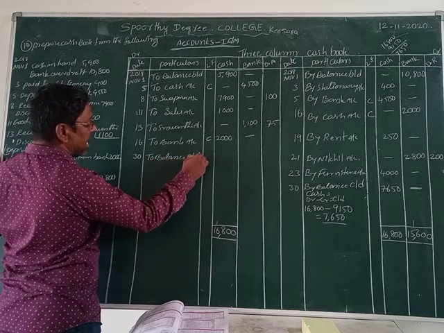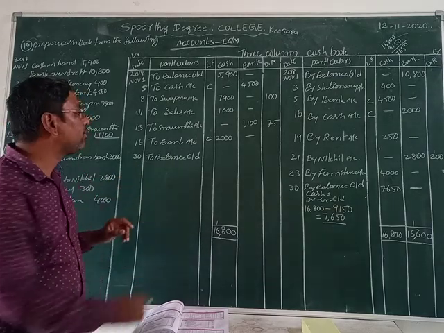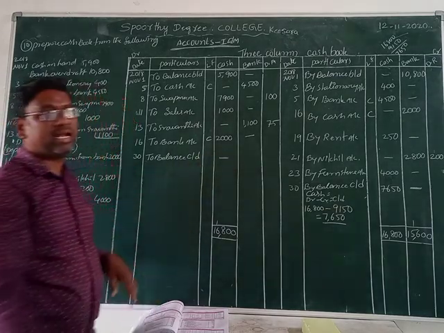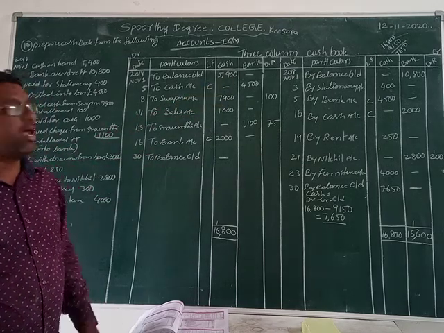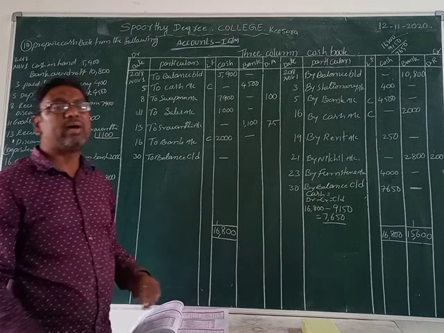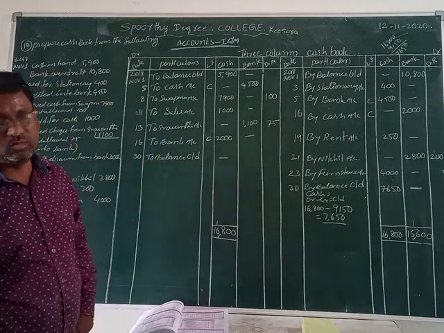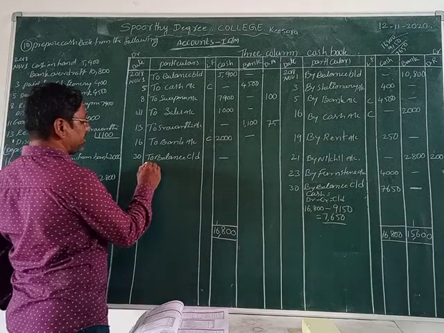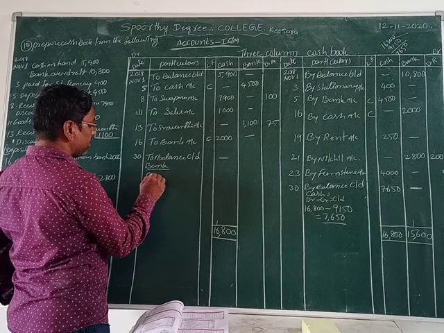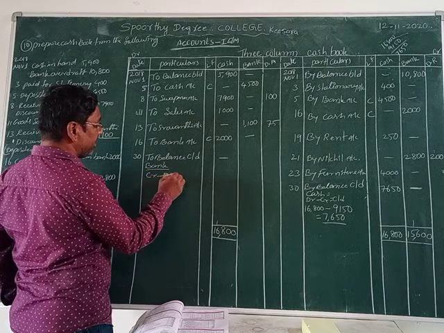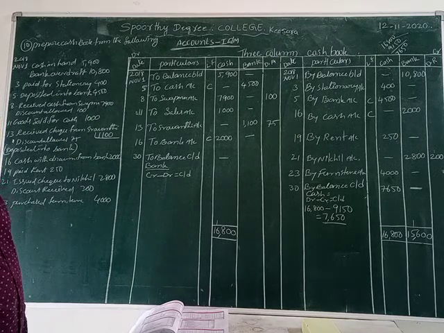Balance carried on. Why can we take balance carried on? In the bank account we can take the balance carried on, because the bank account has a heavy balance on the credit side and a low balance on the debit side. That's why we make a debit side balance carried on here. So that means here we can write bank: credit minus debit equals carried on.